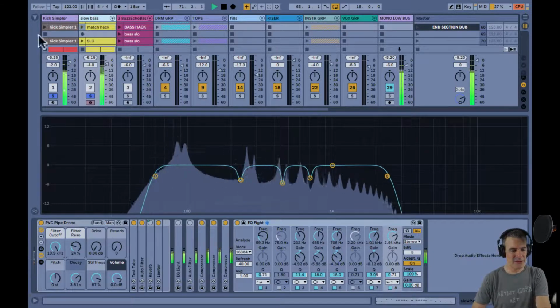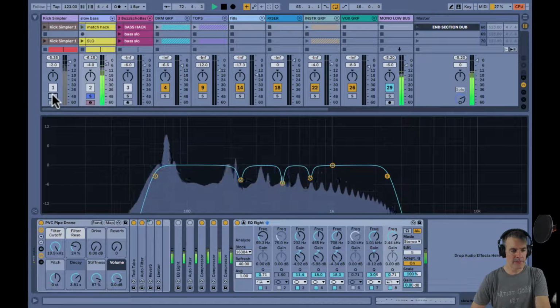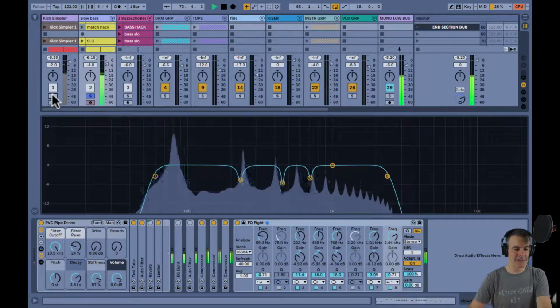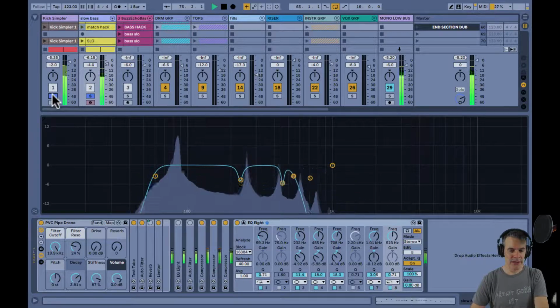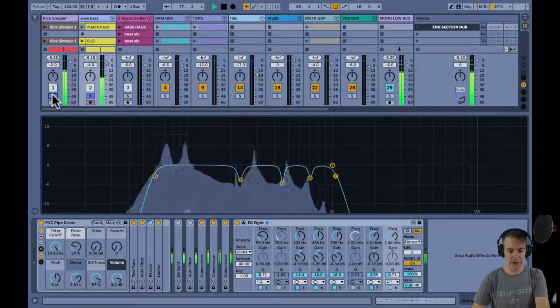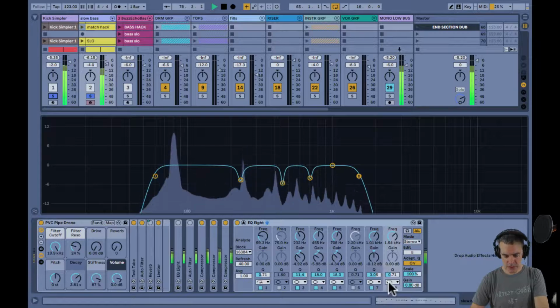Even though that sub sounded good by itself, all those metallic plucky sounds in the bass line, when you combine them, you got to watch out that it might not sound as good as you think. So